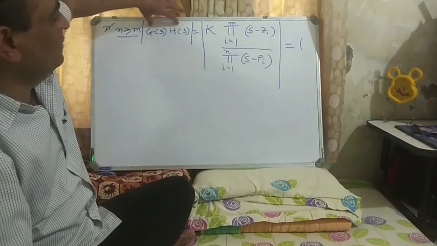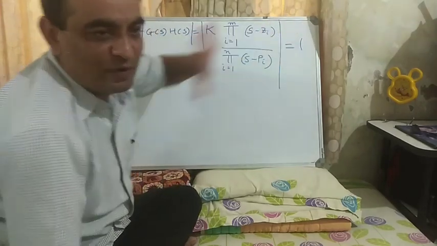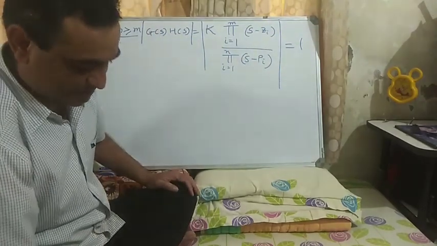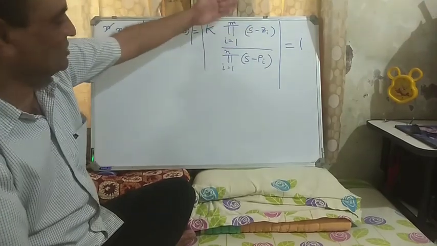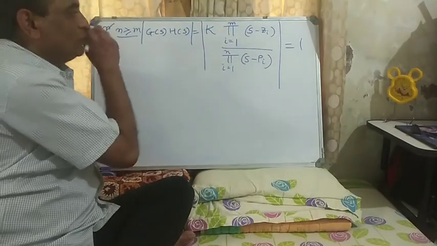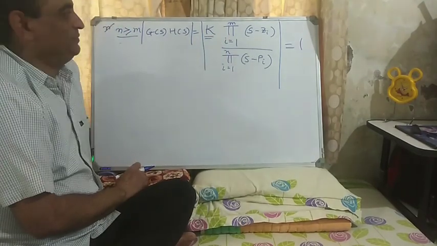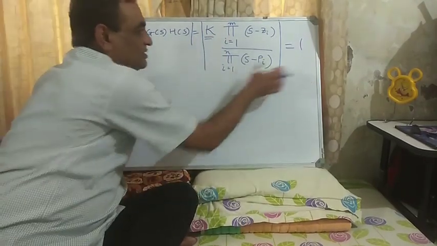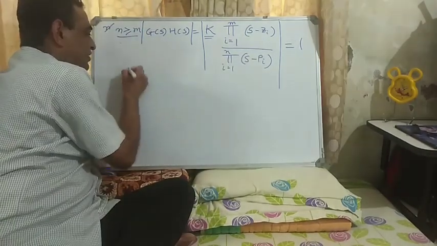So the magnitude of G(s)H(s), which is nothing but the magnitude of this, is equal to 1, to satisfy the characteristic equation that we discussed in the last slide. Now I am interested in getting the value of K. So this term is equal to 1. It means that the magnitude of K